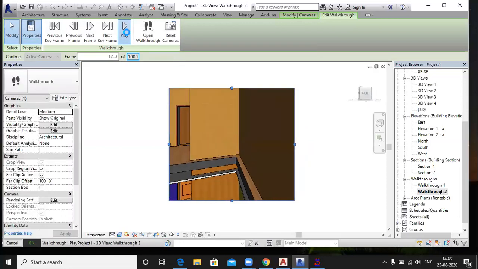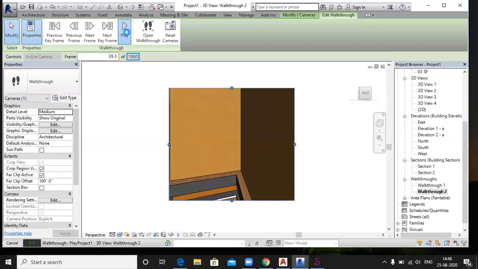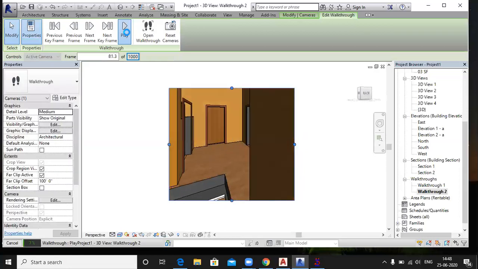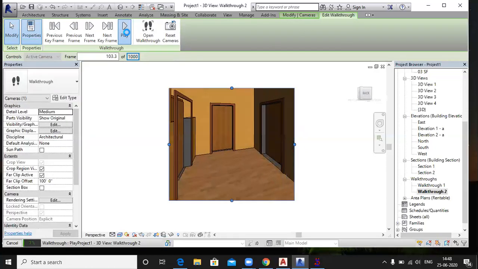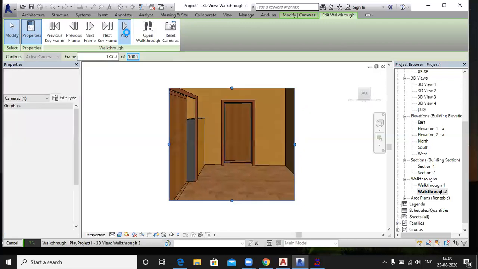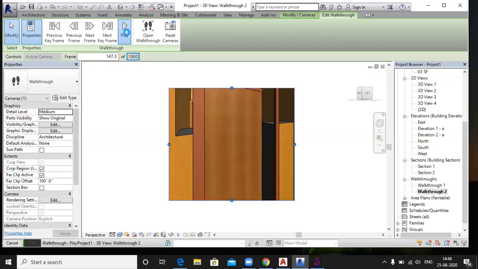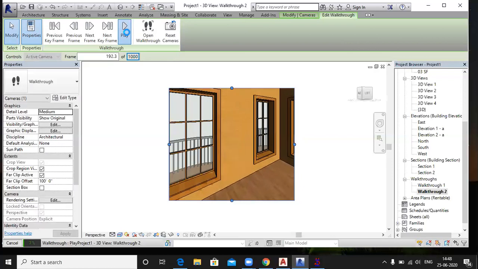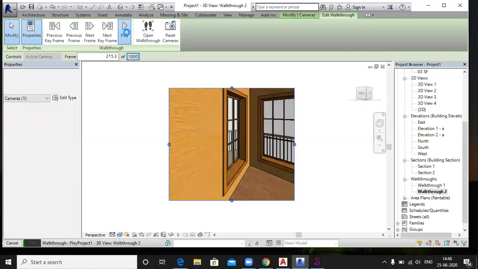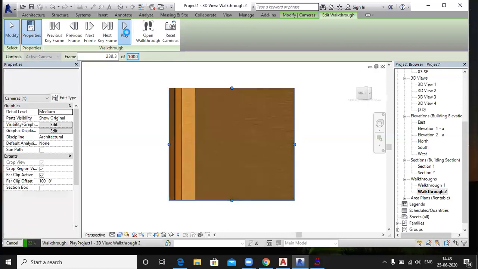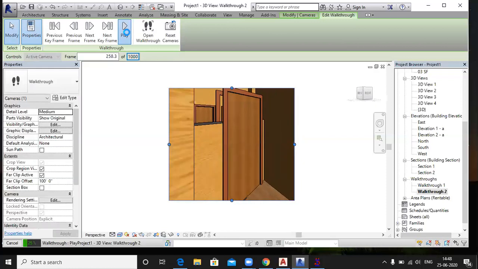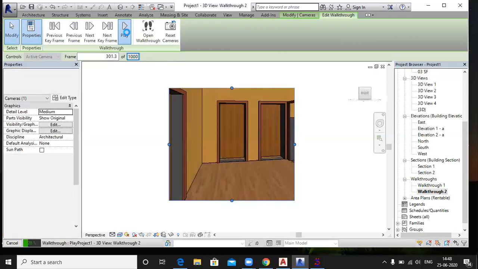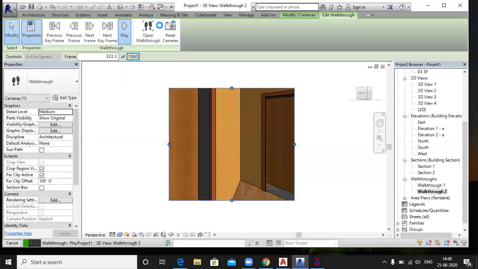The speed is slow. Now understood how we create a walkthrough? Okay, I'm just going to stop it.